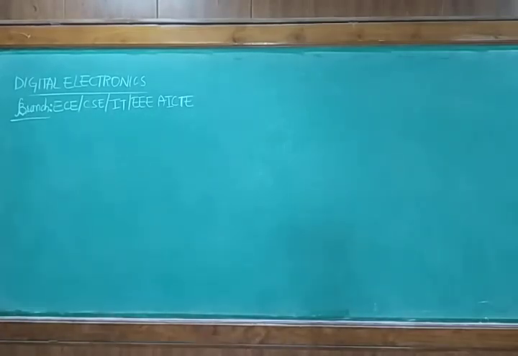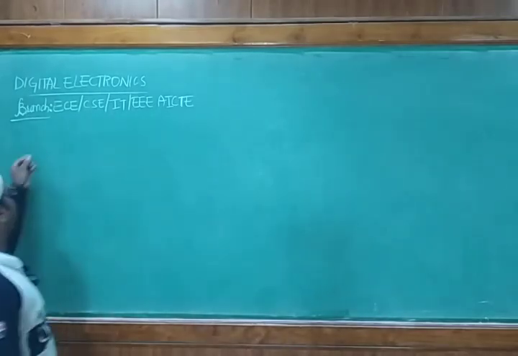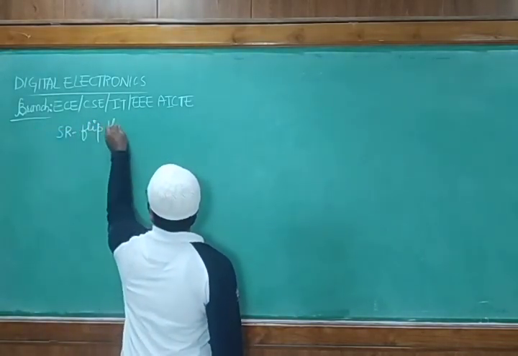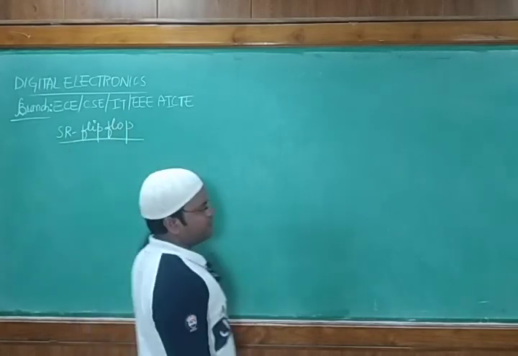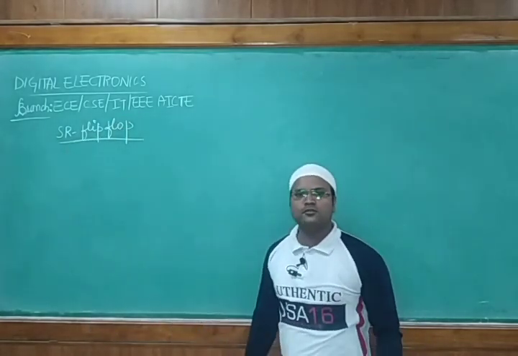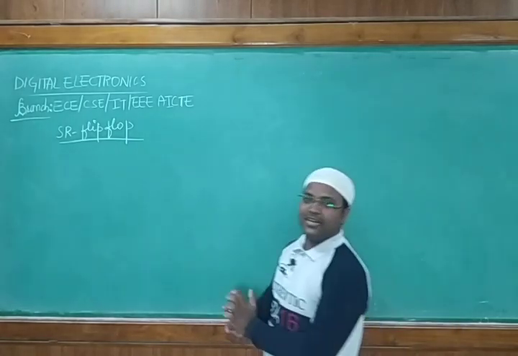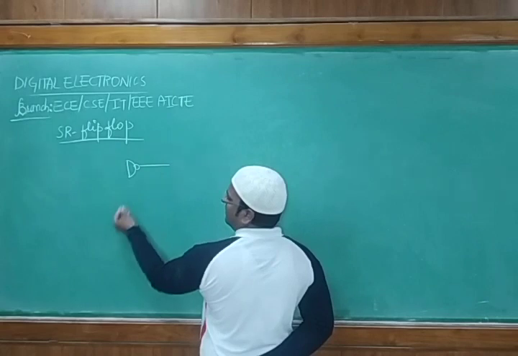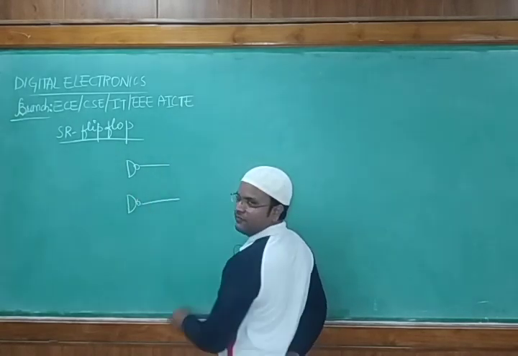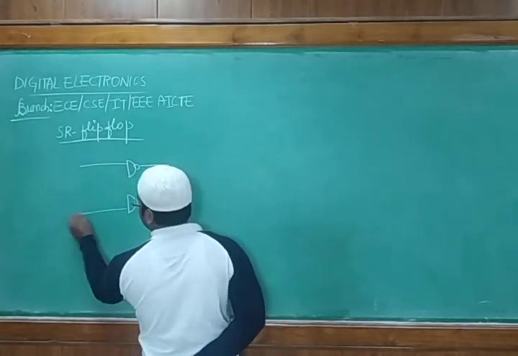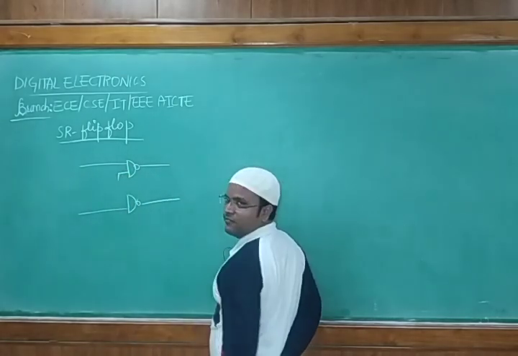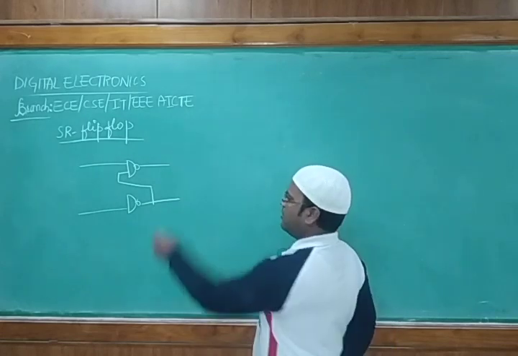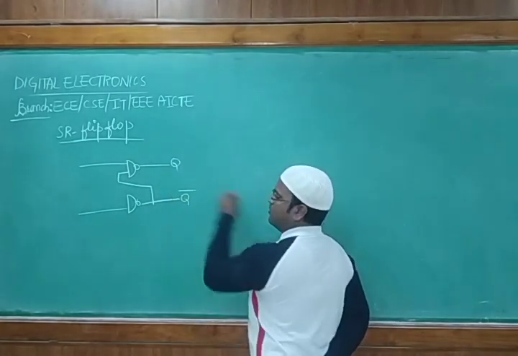So students, the third approach we are taking by using the clock pulse, we are designing the SR flip-flop. For designing the SR flip-flop, we are using the help of latches. So first thing I am using NAND gate latch. So we know that NAND gate is what actually? We had 2 NAND gates we are taking, we are cross coupling, we are passing the first input like this, then the input of the first is passing to the output of the second NAND gate. This is your output Q and Q bar.